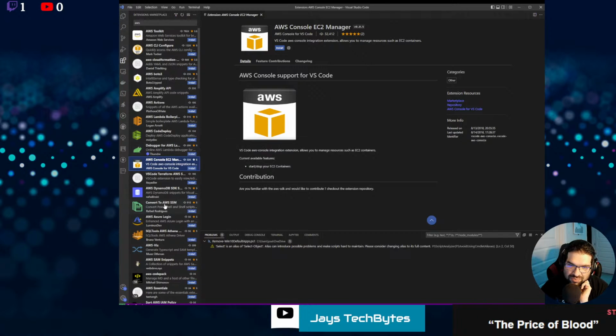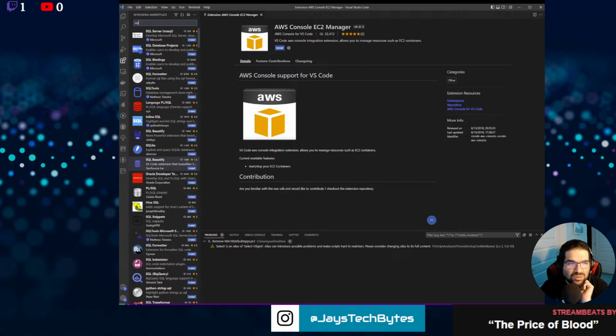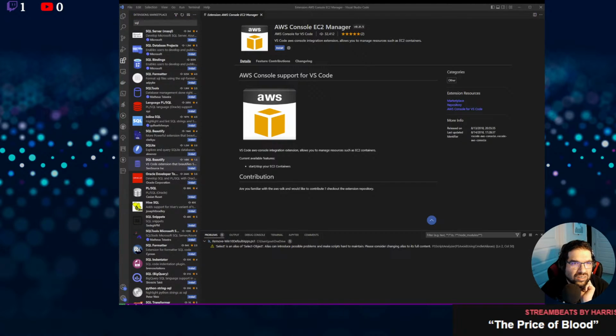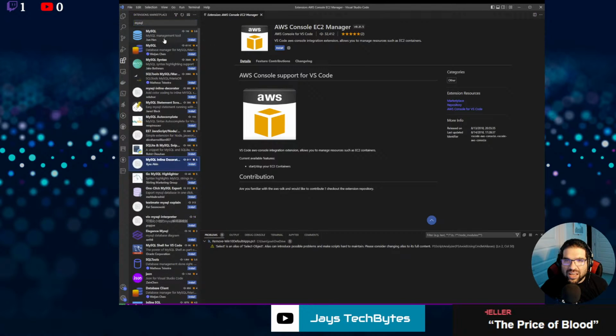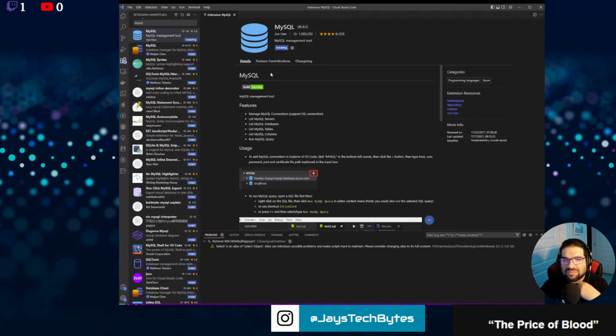Oh, that's pretty cool. And then also, if you're running SQL, you can actually use this to connect to SQL. You've got SQL Server from Microsoft, SQL Database, SQL Tools. I use a lot of MySQL here at home, so I can connect to MySQL management right here.